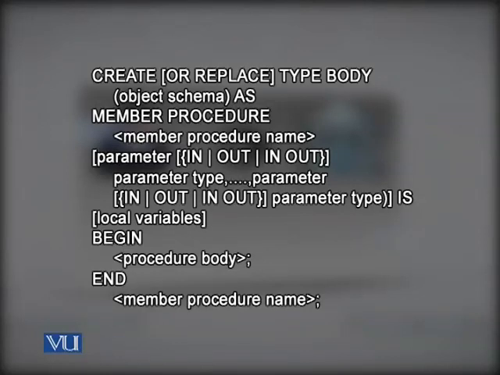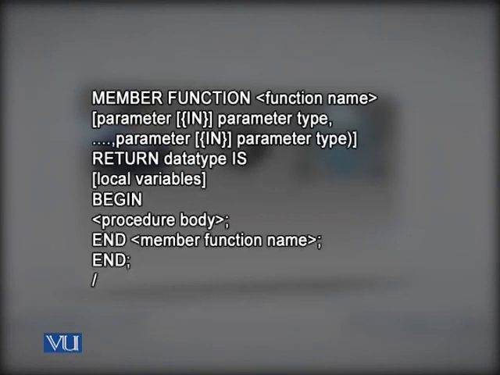After the syntax of the procedure, the syntax for defining a member function is given. This is exactly the same. The only difference is that because a function returns a value, you mention the return type as an additional thing in the signature, and in the same way there is a body, and at the end you will give the return and the value that the function is returning. So this is basically the syntax for defining a member procedure or member function.